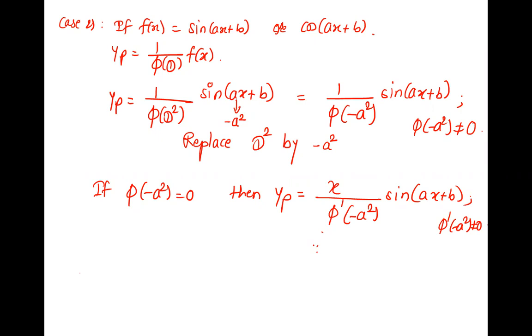So in this case, sine and cos, wherever there is d square, replace it by minus of a square. It is not like that. Don't give the negative sign first and then square. First square and then give the negative sign. Minus of a square, this is correct. First square and then negative sign. The negative sign must be there.